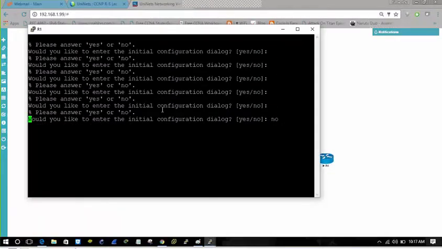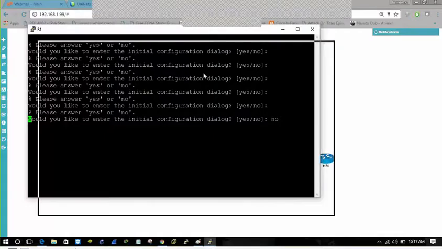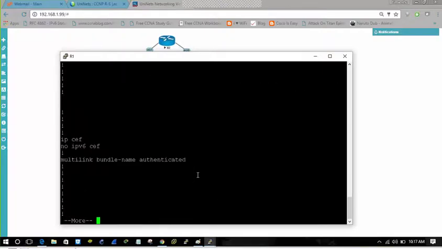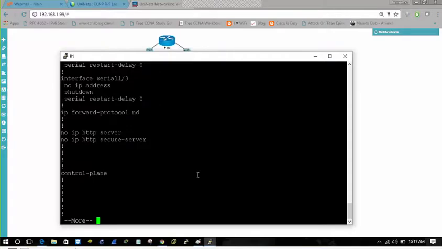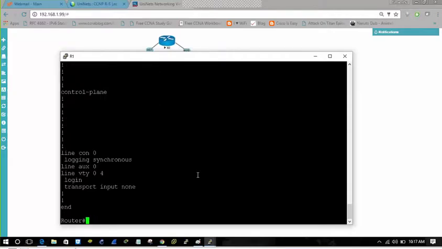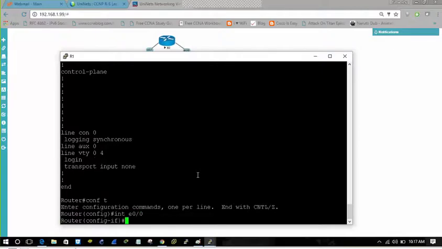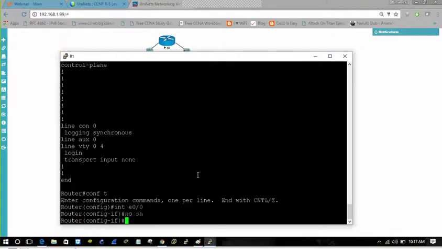Let's move on to the R1. So what we will do is show that there is an IP configuration. I think no. So let's move on to the interface Ethernet 0/0. No shut. Let's give it the IP address.